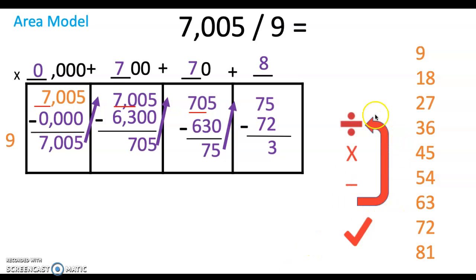So we have nothing left to repeat with, so let's check. Is 3 smaller than 9? Yes, it is, so that would be our remainder. Our answer comes from right up here. So there's a 0 in the thousands place, so I don't even need to worry about that. Then I have 778 with a remainder of